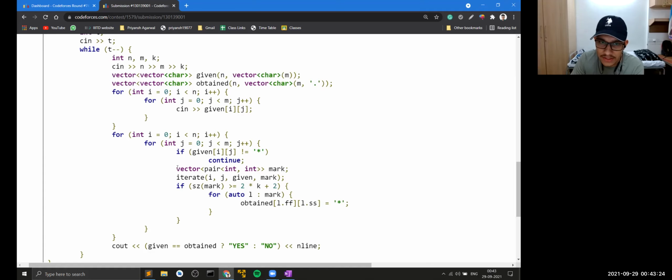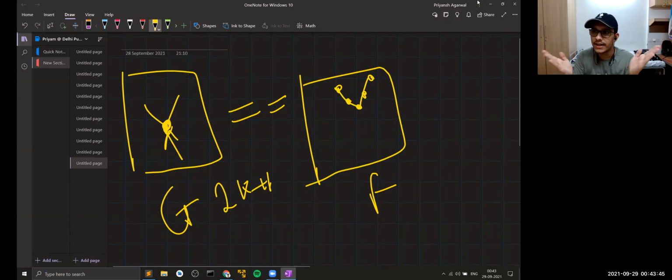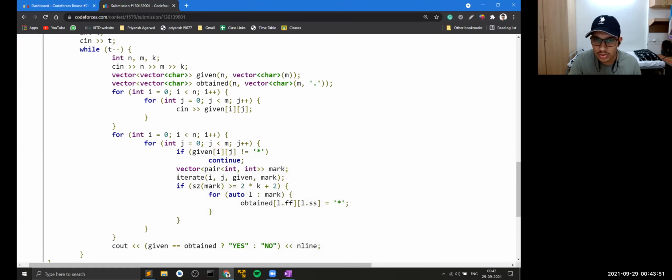Now this is a vector which stores the number of points that I'm marking with this tick mark. Here I'm comparing it with 2k plus 2 and not 2k plus 1. Why? Because this intersection part, I'm inserting it twice. It is just to implement it in a better way. That is why I'm putting this part twice, because every other point is getting paired up, right? So why shouldn't I pair this part up as well with itself? Okay, so I'm just doing this.